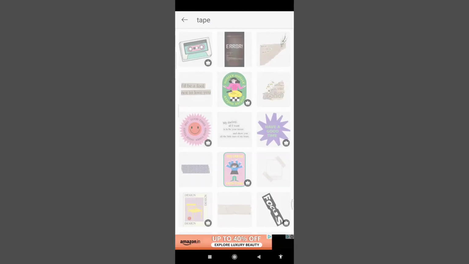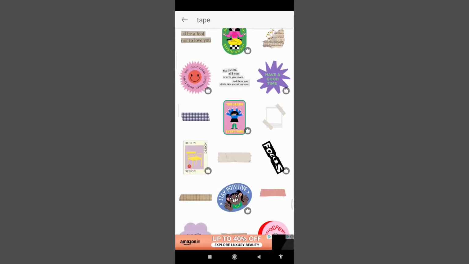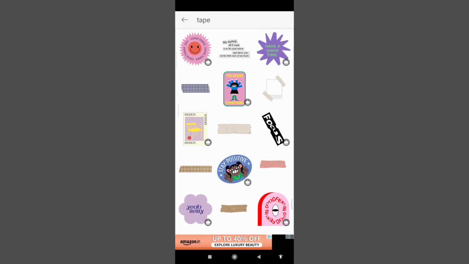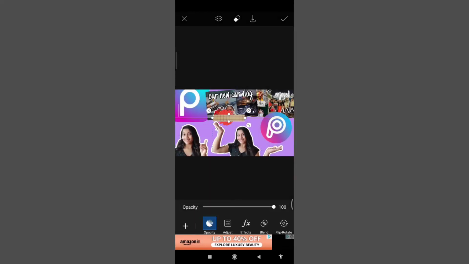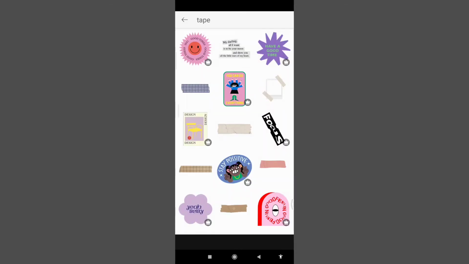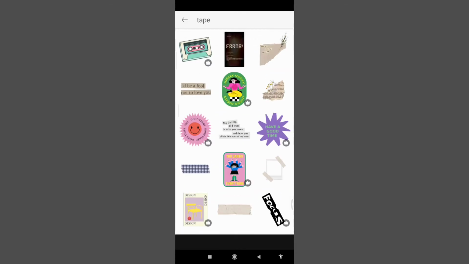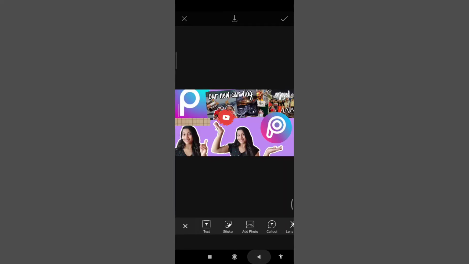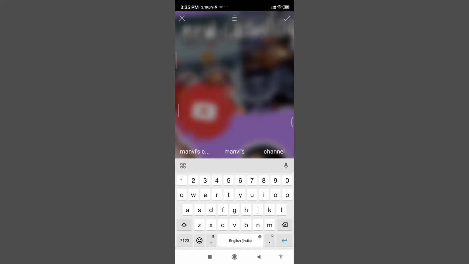Now if you need to add some text, search the tape and add any of them. They look so pretty in themselves. Just place it at the right place and now add some text to it. You can even search for some text in this, but I need to write my own, so I will write thumbnail for this one. And the fonts are actually good enough for this.